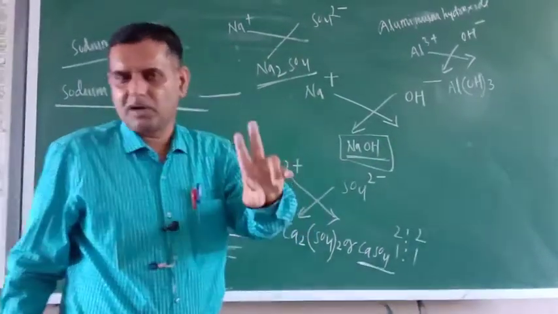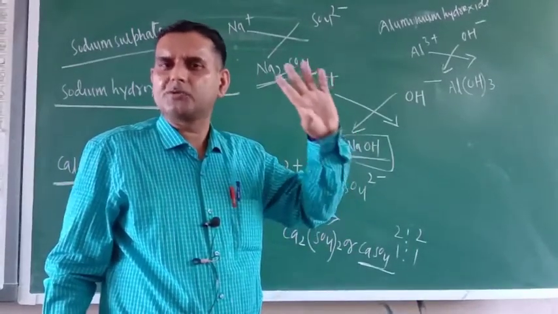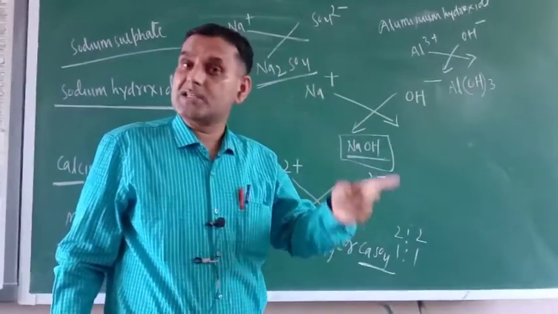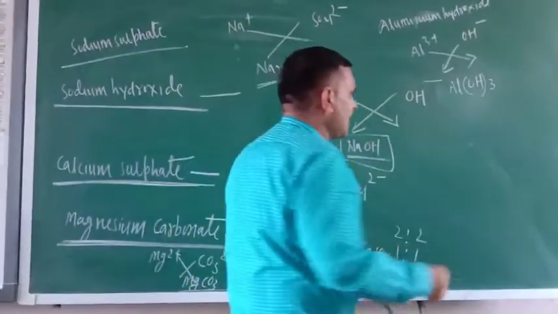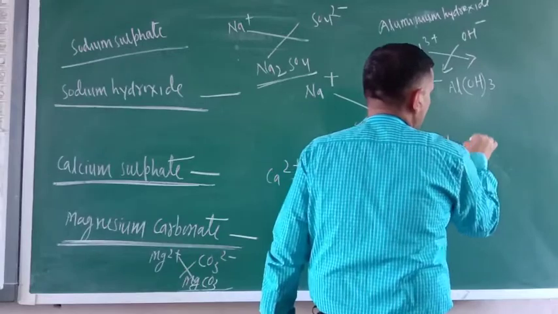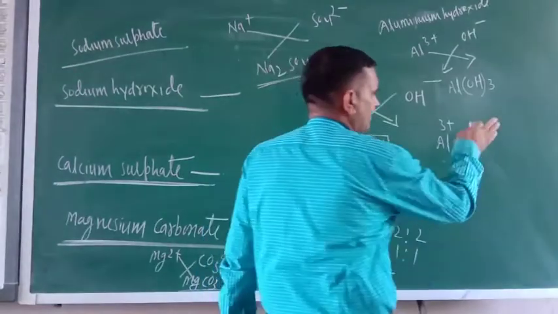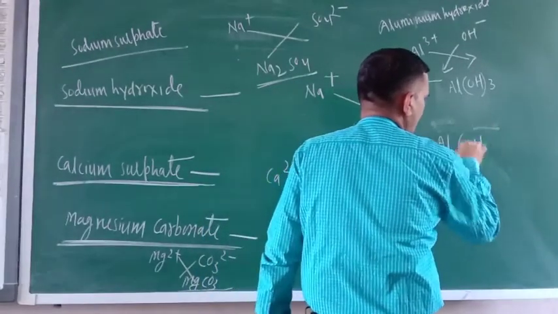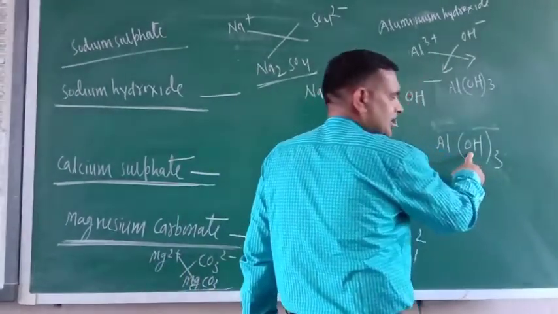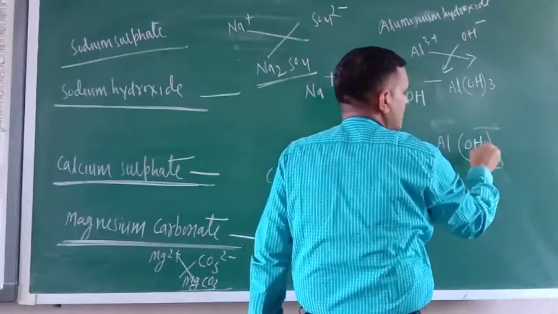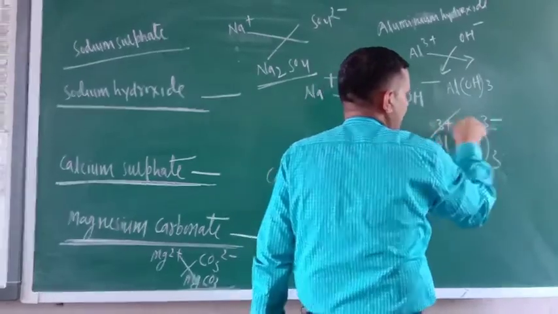Now the amazing fact: in any chemical formula, in any ionic compound, the total number of positive and total number of negative charge should be similar. This is the only concept by which we are exchanging, crossing the charges. Just see, here Al is 3 positive and OH is single negative. But when you write the chemical formula, you write Al(OH) whole thrice. Now 1 OH equals single negative, so 3 OH equals 3 negative, and 1 aluminium equals 3 positive. So 3 positive, 3 negative.